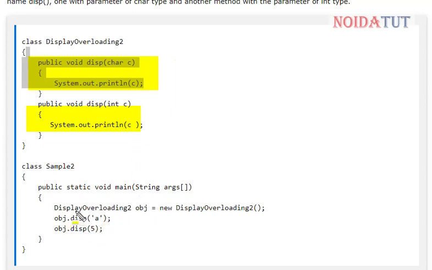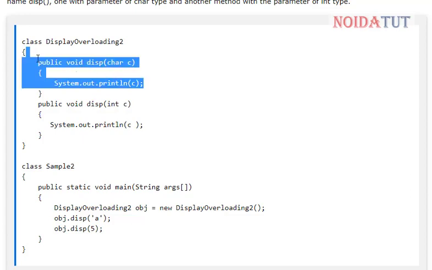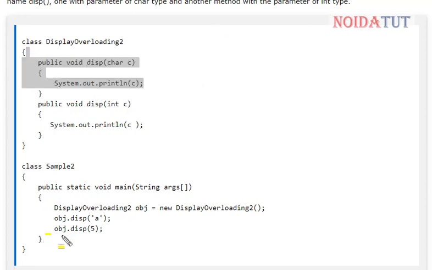After creating the functions, we created the object. When the object is referred with a parameter of character type, it is going to call this function. In the second case, it is going to call the other function.